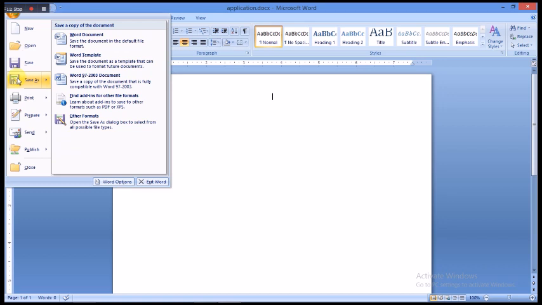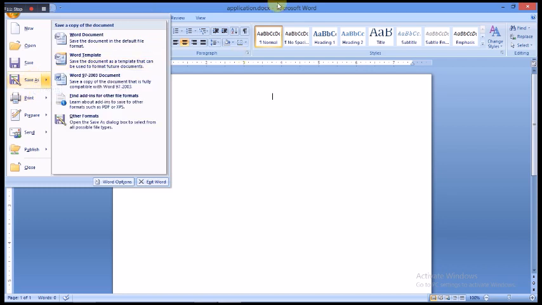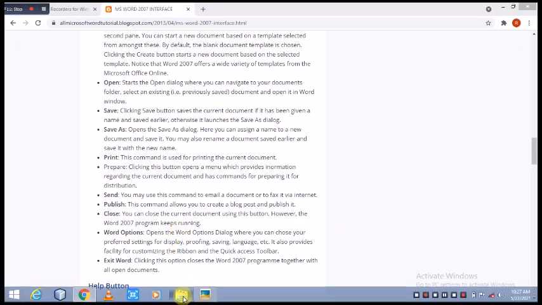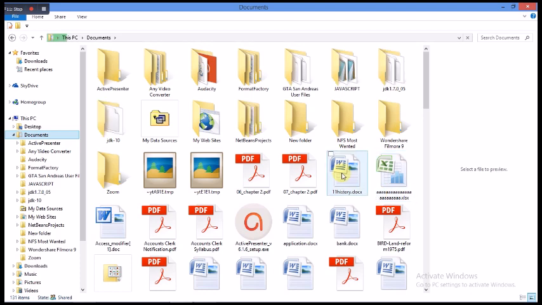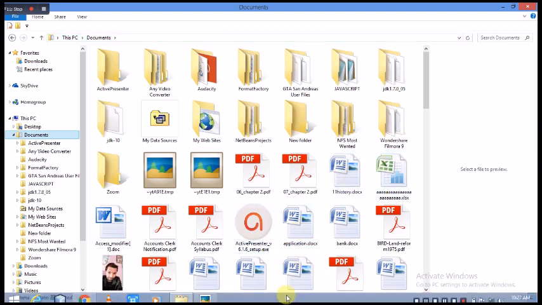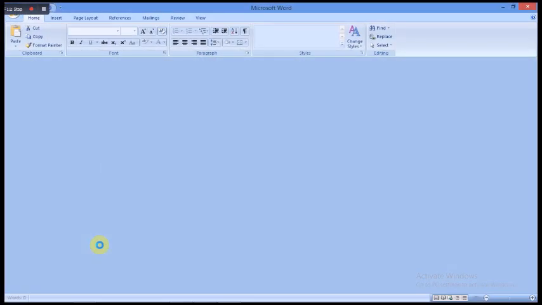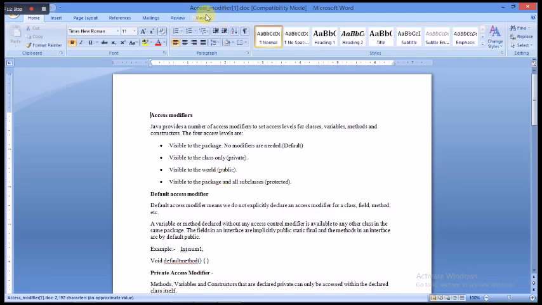Let's close here, open a new file and try. So this file has been saved with the name access modifier 1.doc. As I have told you earlier, whenever we create a file using Microsoft Word, its extension will be .doc or .docx.